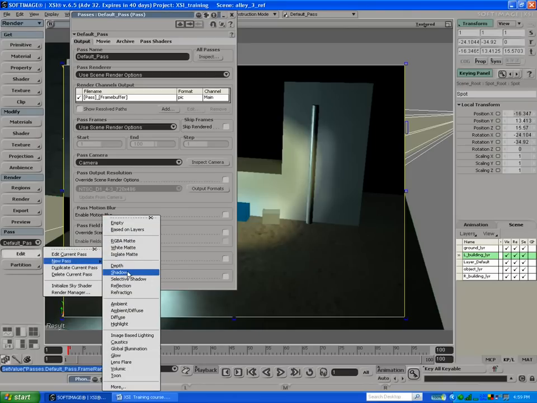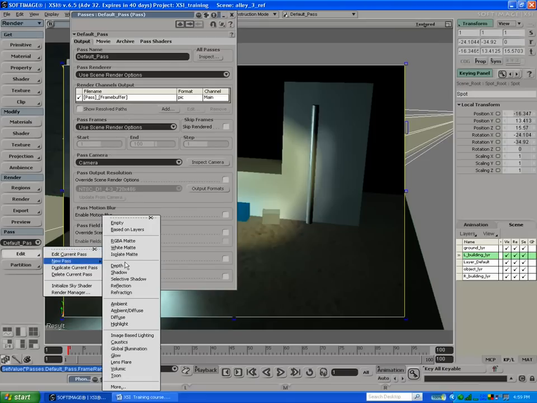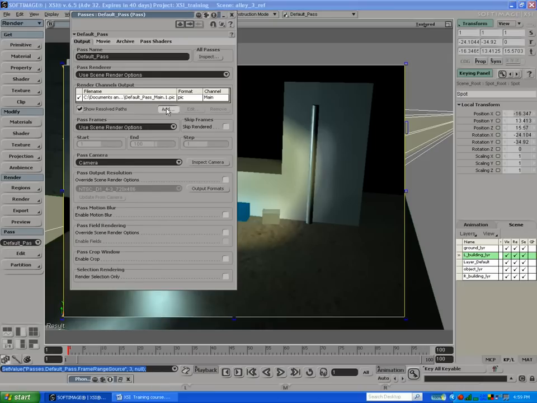We haven't got shadows turned on, so it wouldn't be very interesting. But you could do a global illumination pass, for instance, or a cortex pass. So those can be created here. A channel is different. When you create a new pass and render your pass, you're going to render one render per pass. A channel, what that would do, if you add the channel,